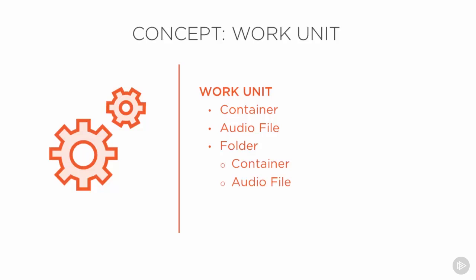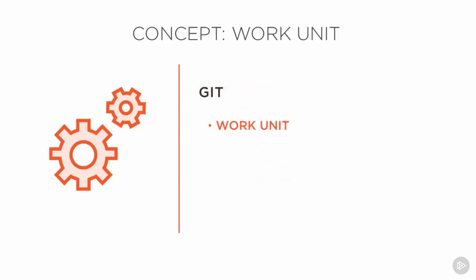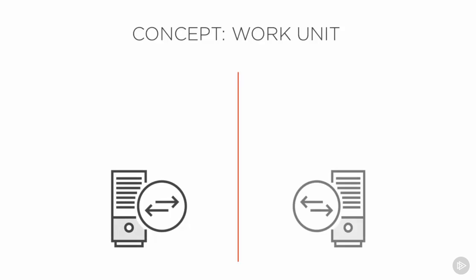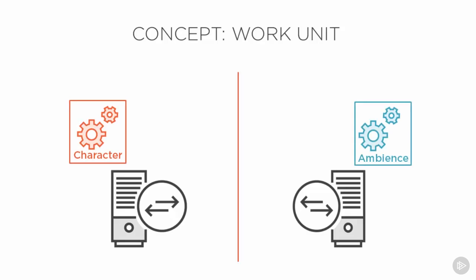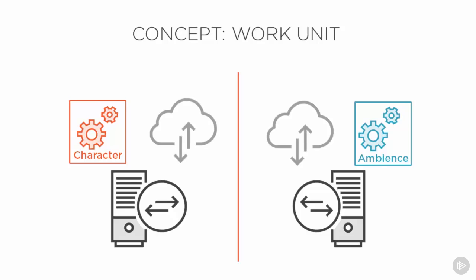So a little bit about work units before we move forward. Work units are the top level folders under which we will be structuring all of our content. They differ from folders in that work units are the lowest level Wise component that is seen by Git. What this means is that you can have multiple different people working on the same Wise project, or you can be working yourself on the same Wise project but on multiple machines. And as long as you're never working on the same work unit at the same time, you're not going to